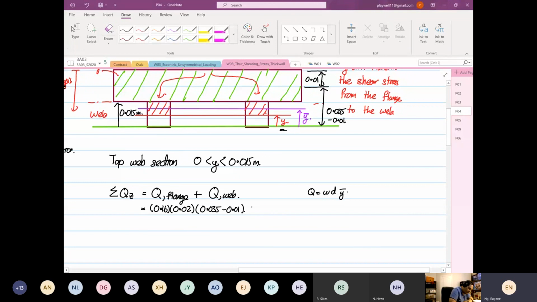So plus, now we're going to consider the web. So the first one, we have 2 over here, which means you have the left and right web. Yes or no? Okay, left and right web. And then the width is equal to 0.02. And then the depth now is equal to 0.015 minus y. Okay, and then the center